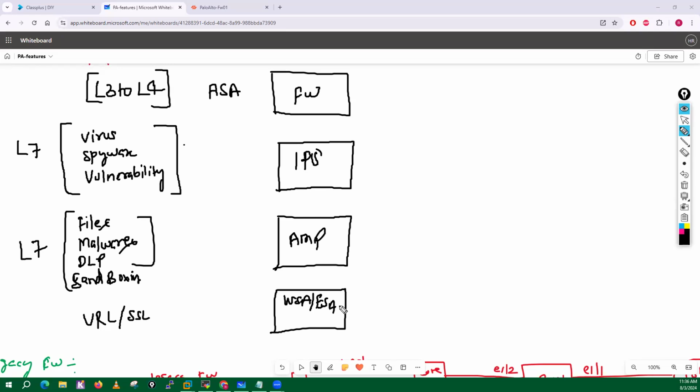That was the market we were having previously. It's a very legacy design. Now guys, think about the situation where you receive a packet and it hits the firewall. Your firewall does layer 3 to layer 4, then forwards this packet to IPS, then IPS will process, then your AMP will process, then your ESA or WSA will process, and after that only your packet reaches